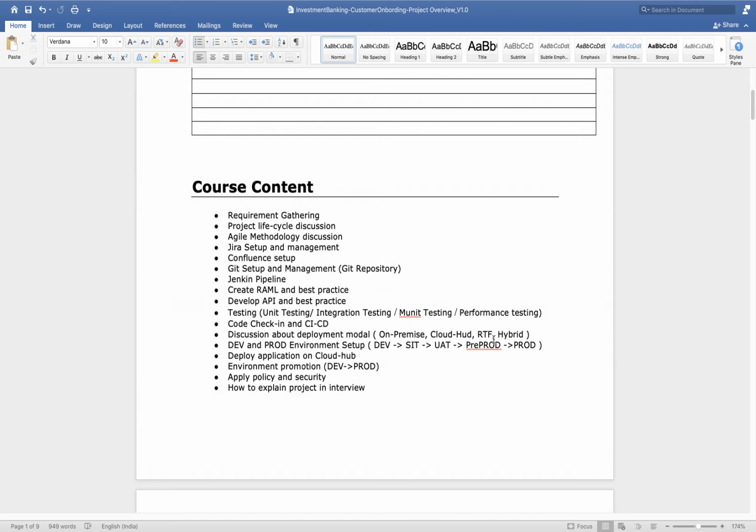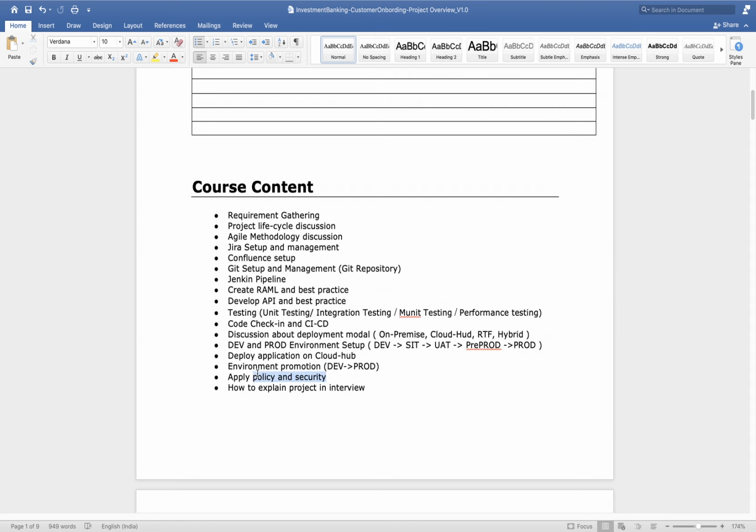We will not see all environments. I will maintain only 2 environments, dev and production. So we will see how we can promote our environment from dev to production. Again, for us also, we have only 1 vCore. Our license, as a free trial account, gives us only 1 vCore. So we also have a limitation of resources, and we can't maintain all these environments. We will maintain only dev and production, and I will show how we can promote dev to production.